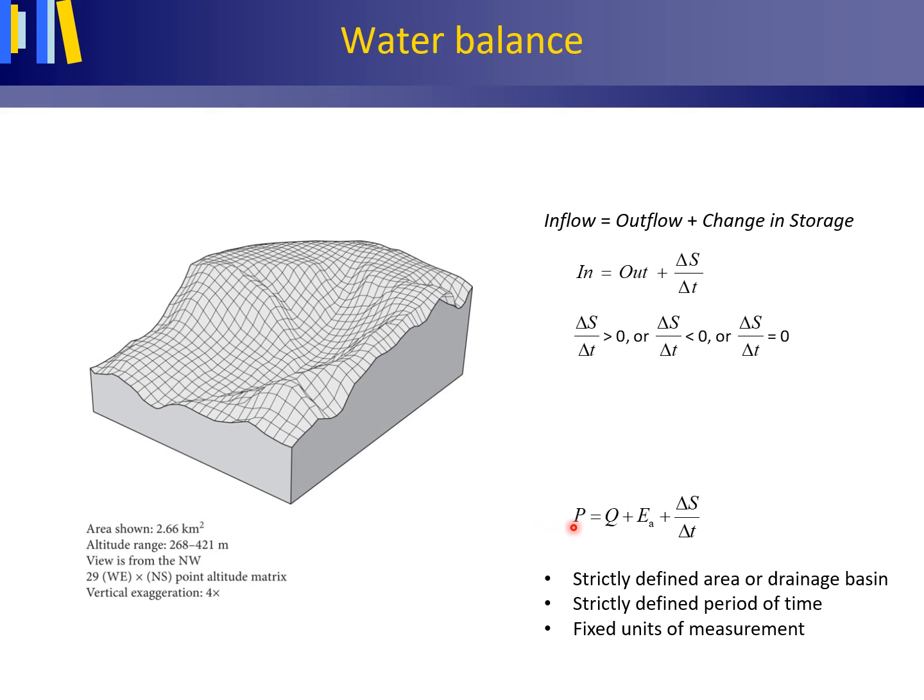So if you want to go from millimeter per day to cubic meter per day for your precipitation, multiply by your catchment area. And if you want to go from cubic meter per day to millimeter per day for your discharge, divide by your catchment area. Of course, when you express your discharge in millimeter per day, this by no means is a velocity of your water flow. It simply is a volume of water per unit of time and per catchment area.